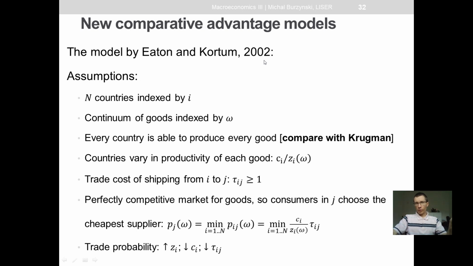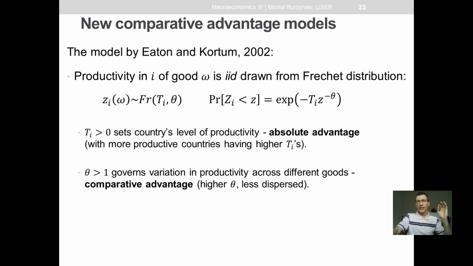If you advance a bit more on those type of models, I'm pretty sure you can write your PhD in economics very easily with those type of models. As I told you, this is the frontier of the economic research at the moment. What is specific about this Eaton and Kortum model is that they managed to model the production technology using a